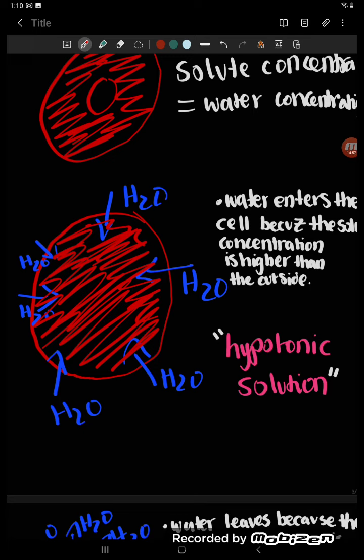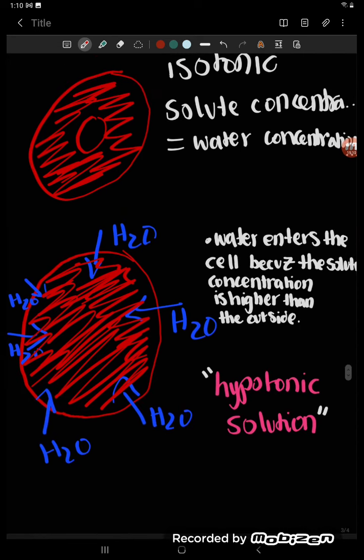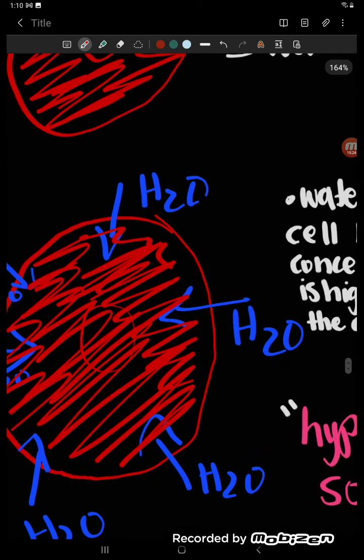The cell will swell and swell and swell until they burst. They may burst, you know? So hypotonic could be a problem for red blood cells. So water enters the cell because the solute concentration is higher than the outside. So water enters the cell because inside here,